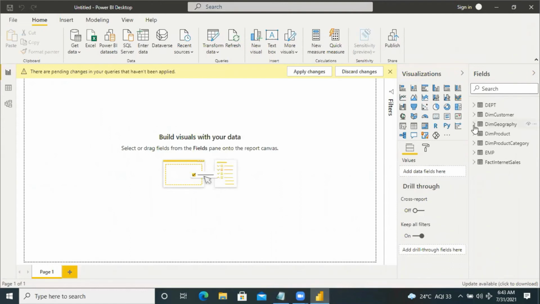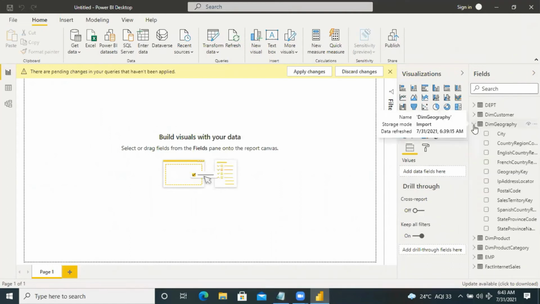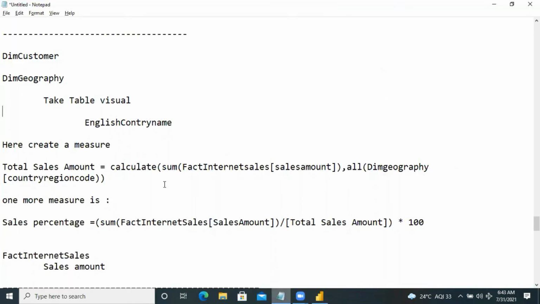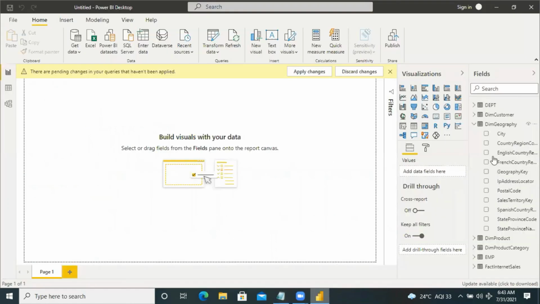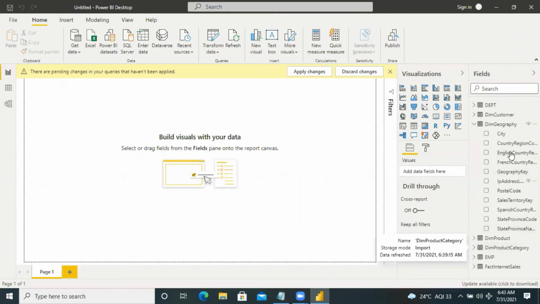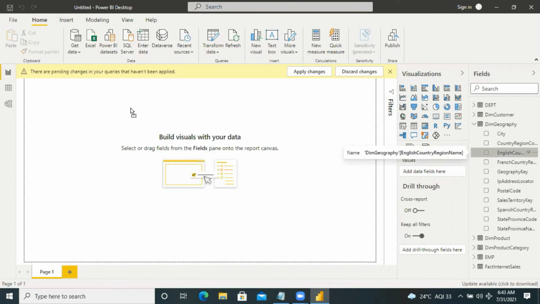Here I'm preparing the dim geography. So here I'm taking the English country name. I'm dragging the field.